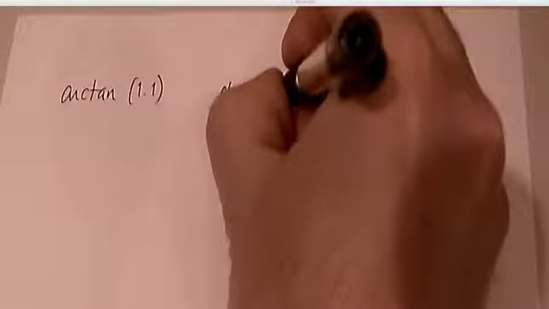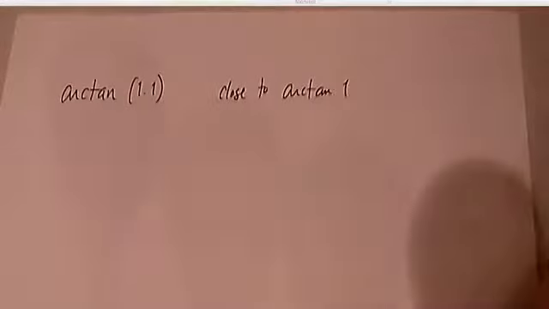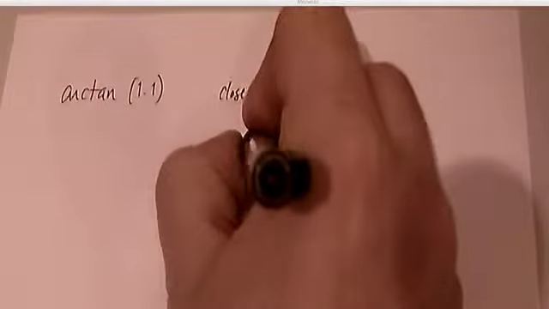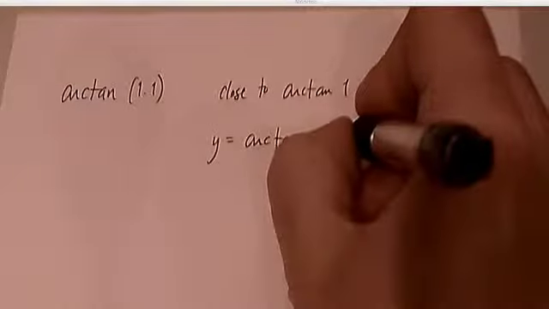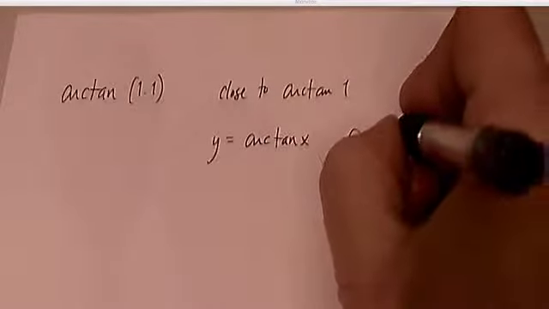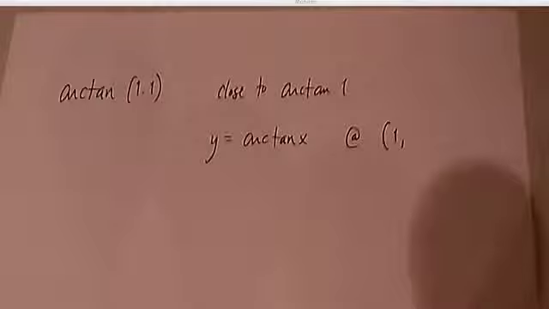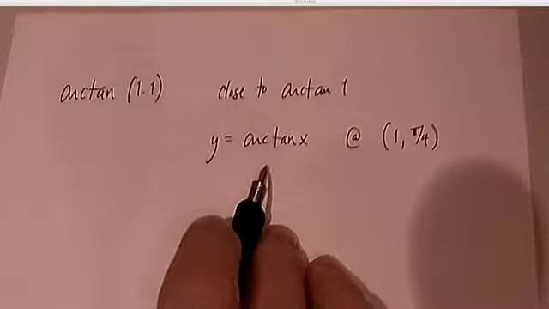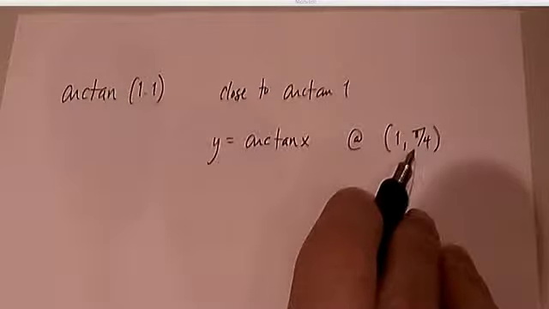Let's say I want an approximation for arctan 1.1. Now that's obviously close to arctan of 1. So we're going to entertain y is equal to arctan x, and we're going to be looking for the equation of the tangent line at 1. Well, arctan of 1 is, anybody? Pi over 4, okay? And so obviously arctan of 1.1 is going to be close to pi over 4,